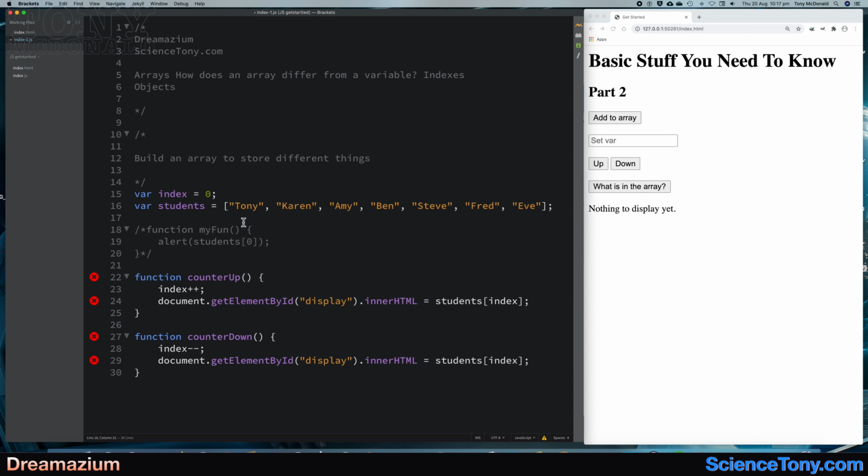But it would be more useful if I had more information about Tony the student, Karen the student, Amy the student, right? What if there was a way of adding more variables to this, to Tony? Let's say Tony had age and grades, yeah? So how would we do that? Well, the answer is that we can use an object, and in this array